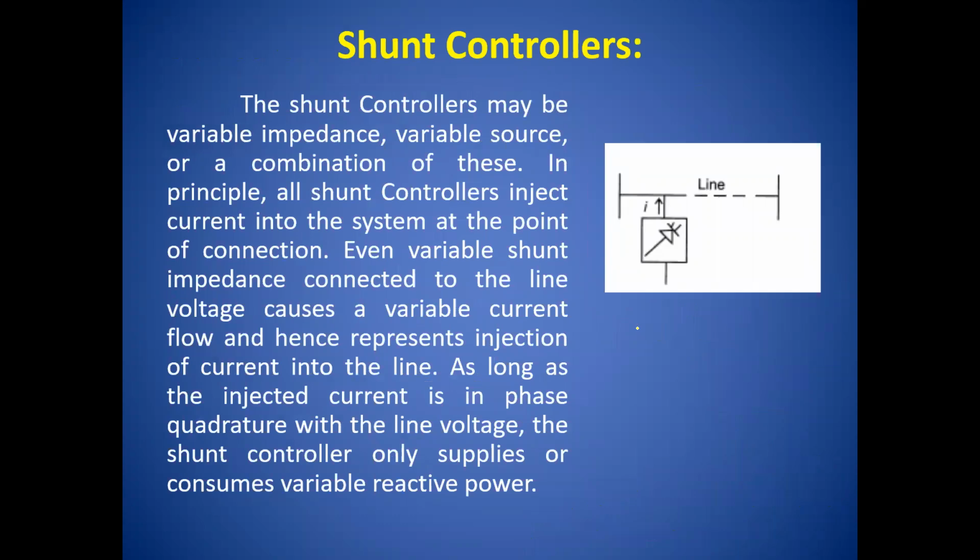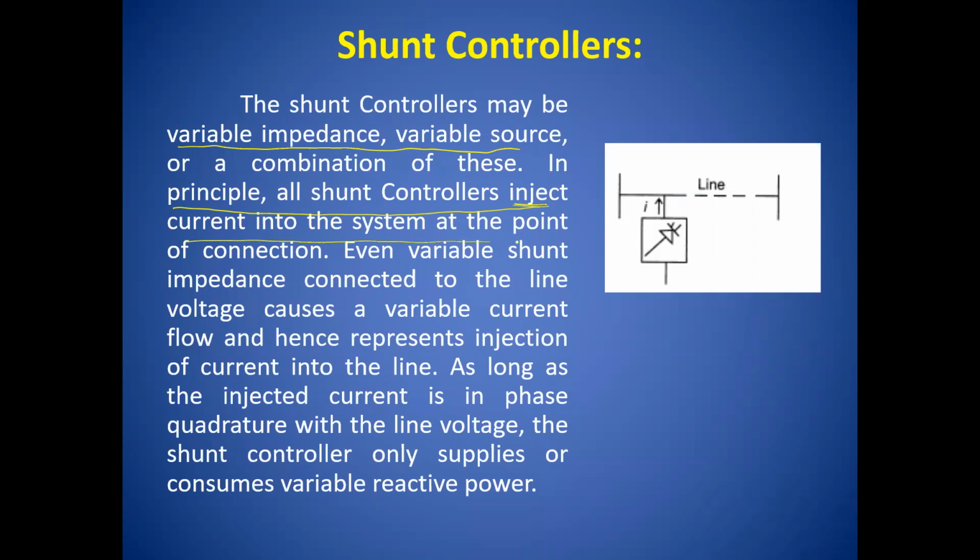Second is the shunt controller. Similar to the series controller, the symbol is the same, only it is connected in parallel, either at the mid of the transmission line, the receiving end or the sending end. The shunt controller may be a variable impedance, a variable voltage source, or a combination of these two. Variable impedance comprises inductance as well as capacitance. The basic principle of all shunt controllers, whatever the different types we are going to learn, is that it injects